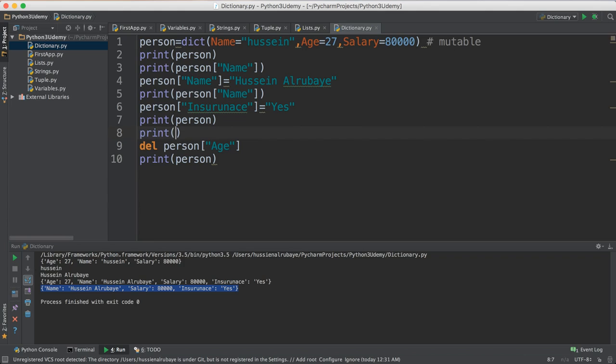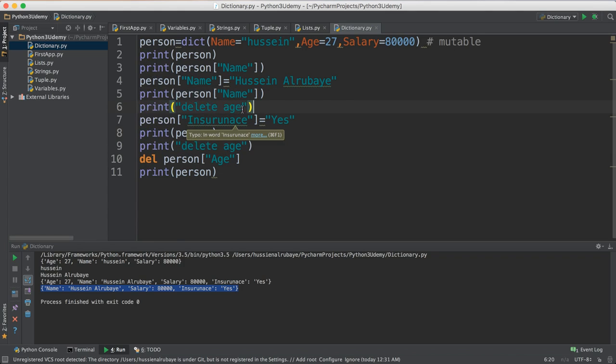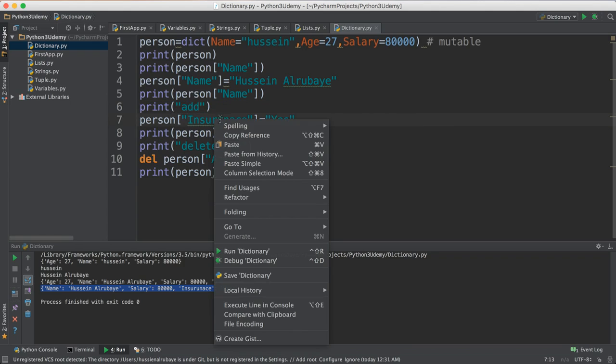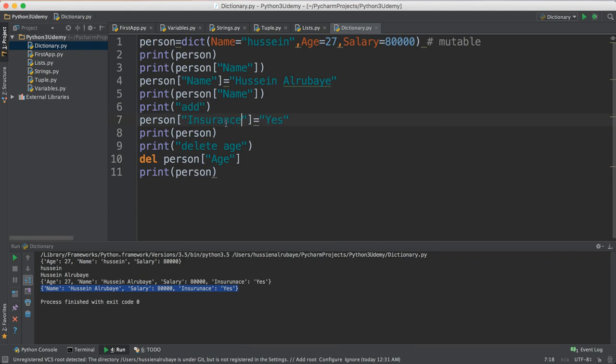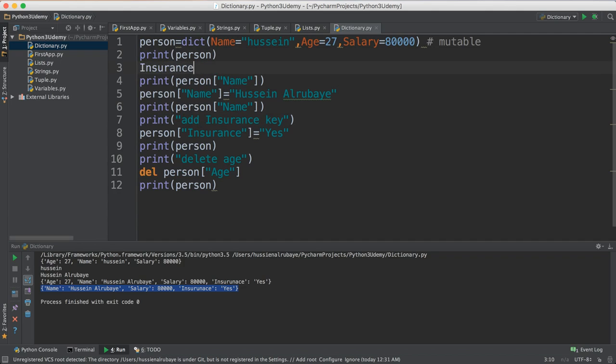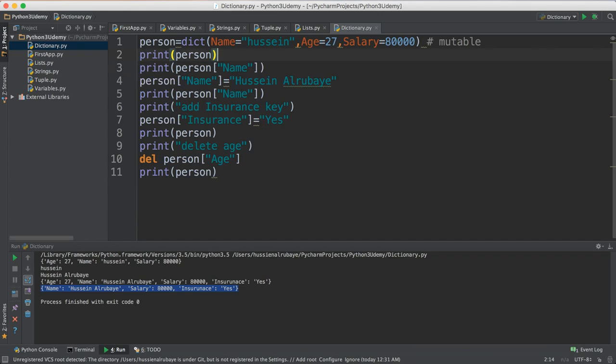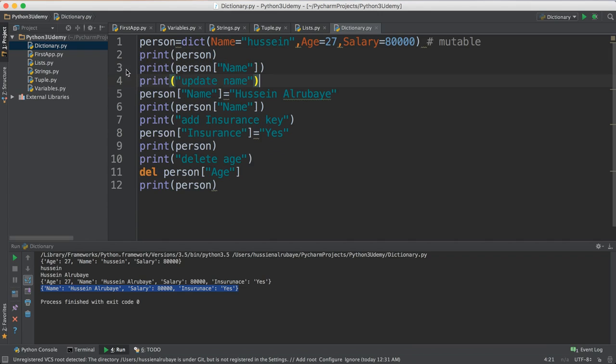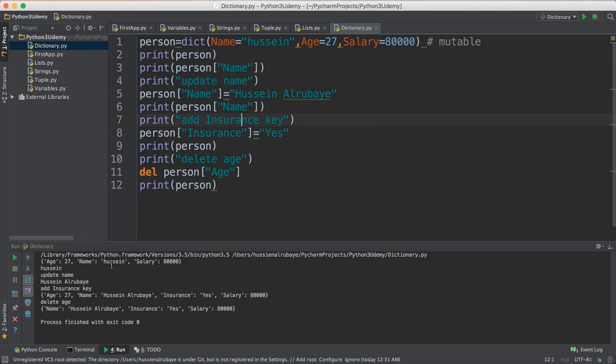So just add messages to make it clear. So you say here print delete age, just messages to show it easier. So here you say add insurance key, and here I have update name. Print update name, here is the update, and yeah, that is it. So if I just click run again to see what I have,